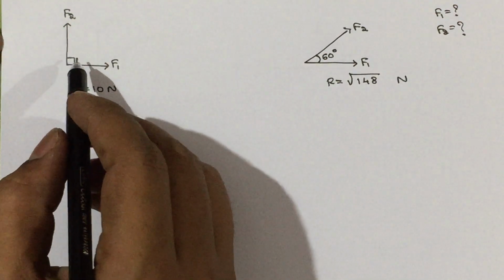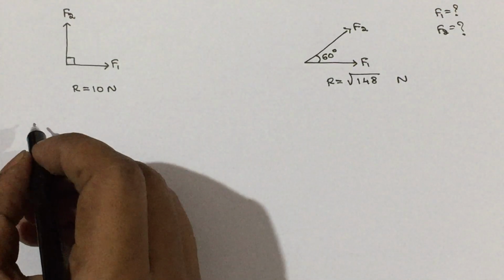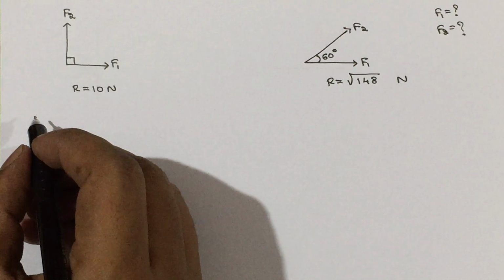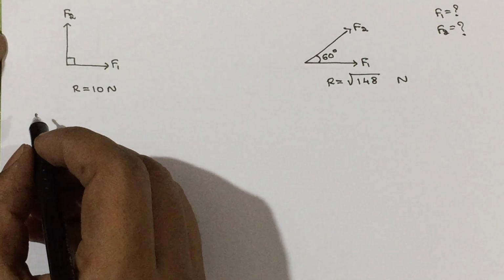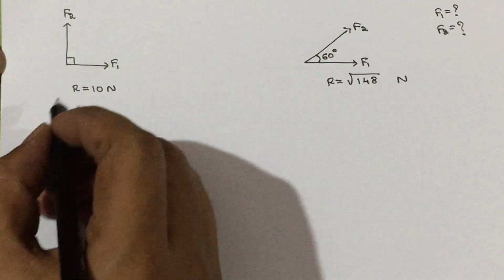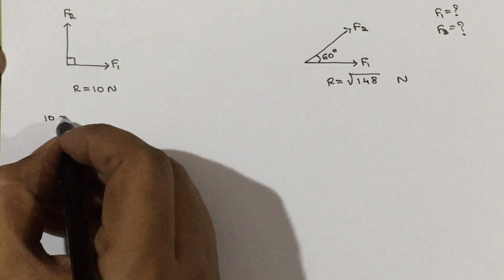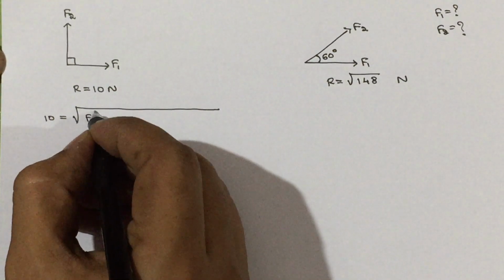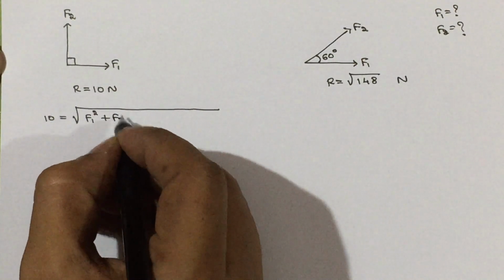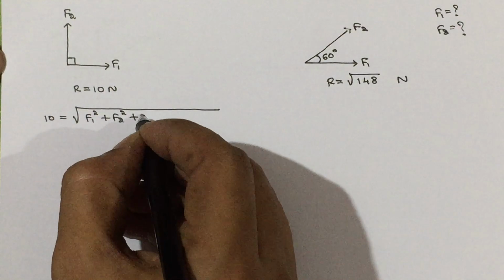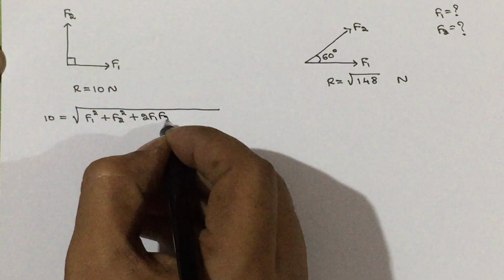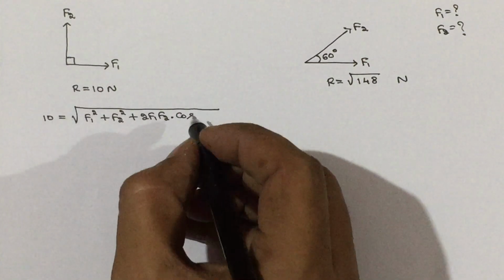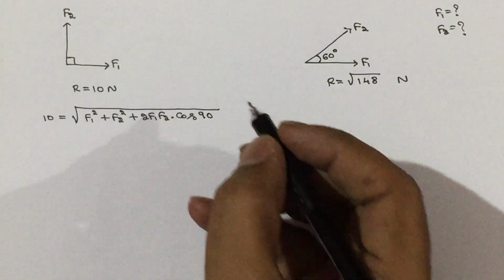Here there are only two concurrent forces, and we have the formula R is equal to square root of F1 square plus F2 square plus 2 F1 F2 into cos alpha. So, substitute the values. R will be 10, that is equal to square root of F1 square plus F2 square plus 2 F1 F2, we do not have the values, so write it as it is, into cos of alpha. Alpha is the angle between the two forces. How much is it? 90 degree. So, cos 90, it will become